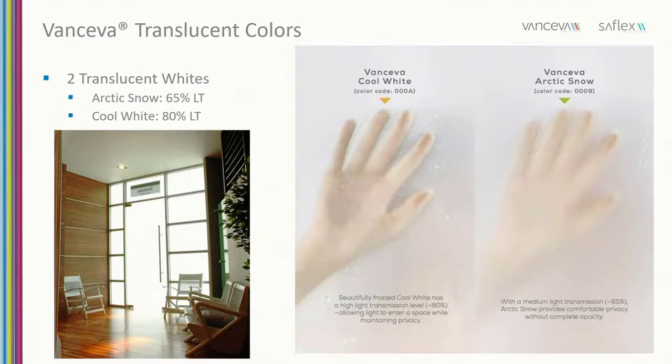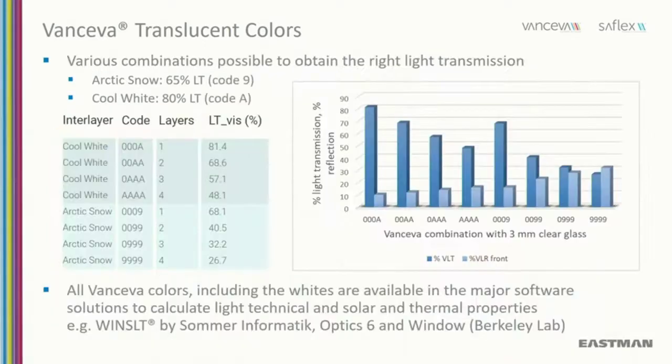So these translucent PVBs can be perfectly used as standalone colors, as shown in the image here, but also to make other color combinations translucent. Combinations of different translucent interlayers allow designers and architects to create private and elegant spaces by specifying just the right light transmission which is needed. Especially in designs that traditionally have been using sandblasting, acid etching, or paint, Vanceva can improve the aesthetics